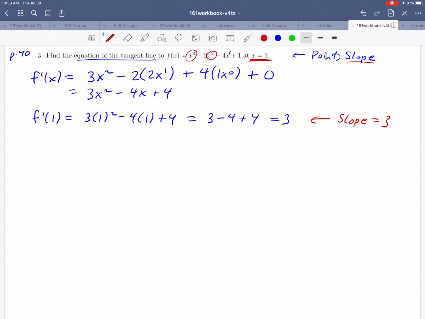Okay, we're halfway there. We've got our slope. Next thing we need is a point. Okay, and we can find a point on our tangent line by using the fact that the tangent line is going to intersect the graph of our curve at x equals 1. So to find a point, we're just going to substitute 1 into our original function. Okay, that's the formula that we've got up here, and see what we get. So if we substitute in 1 for all of those x's,